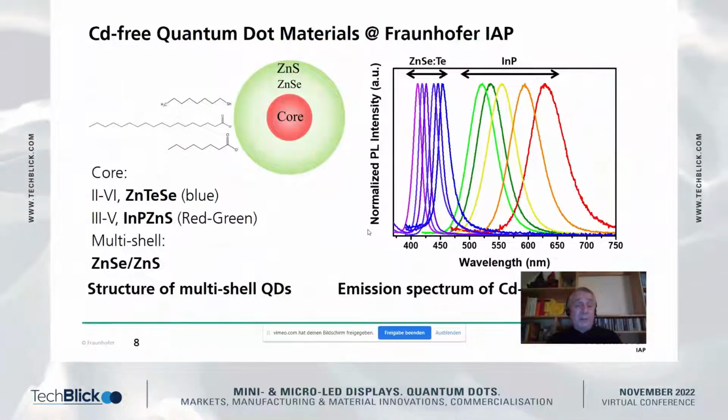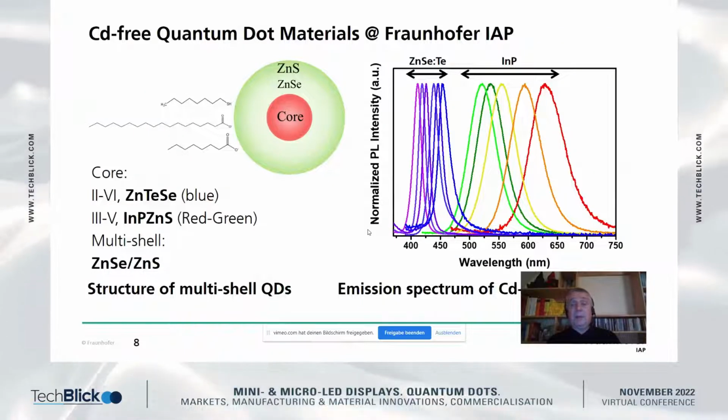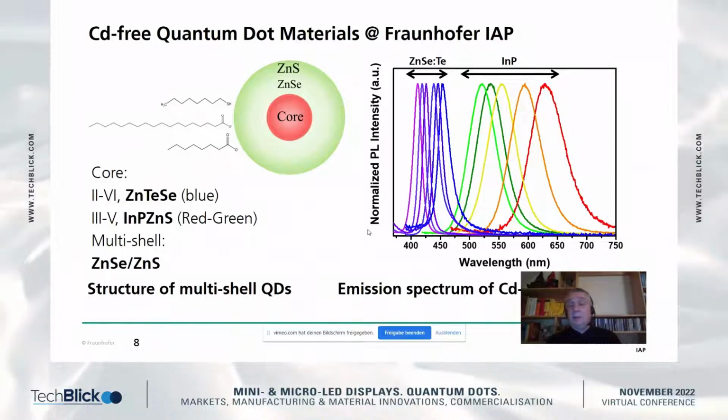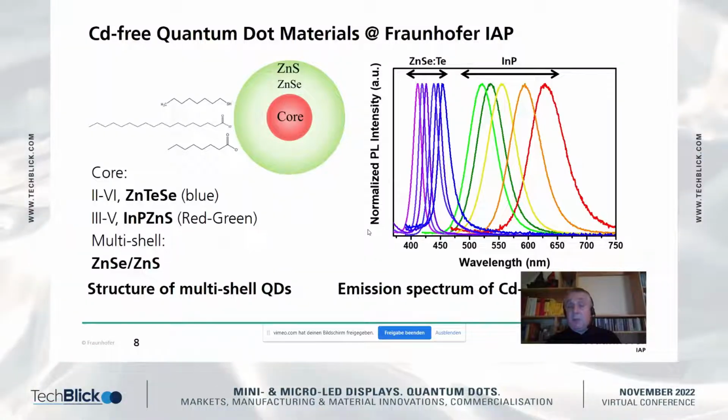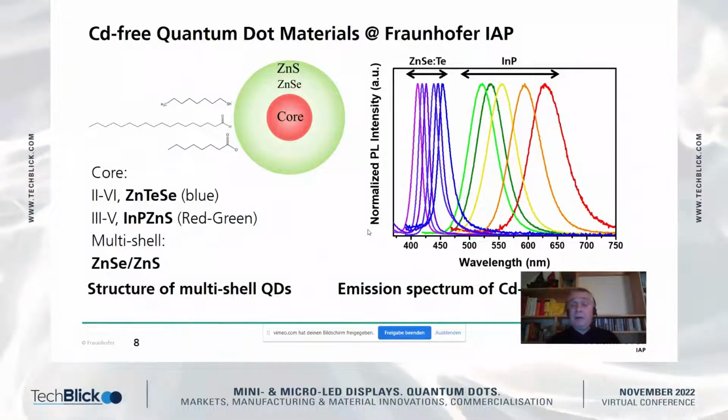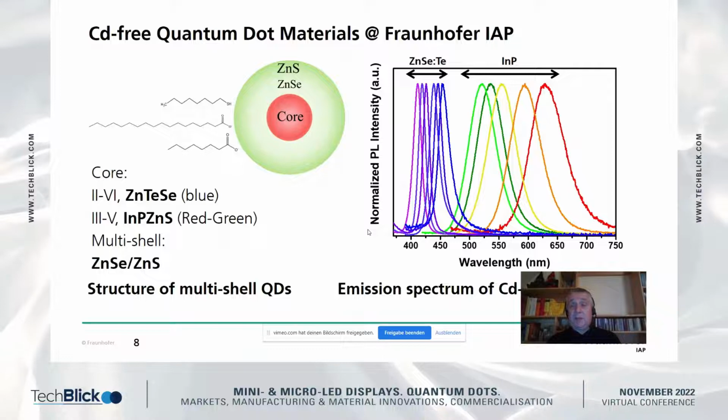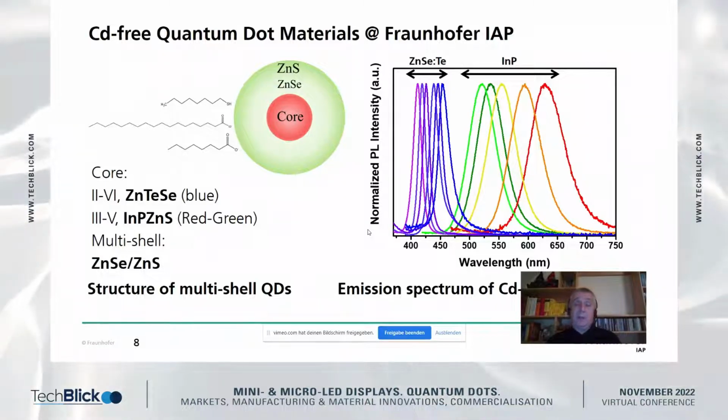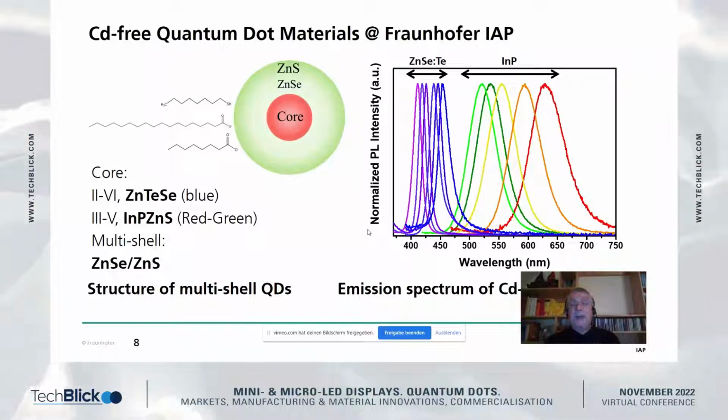These are two examples of our quantum dots, which we use for the different wavelength ranges. With the indium phosphide quantum dots, we can cover the wavelength range between about 500 to 700 nanometers. Especially for the blue emitting quantum dots, we can realize emission wavelengths